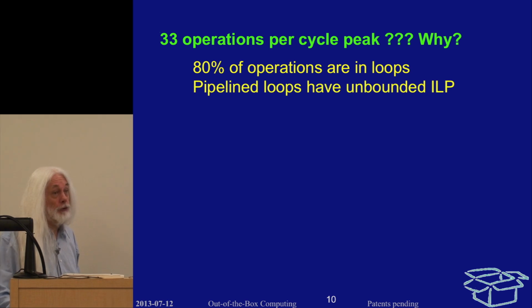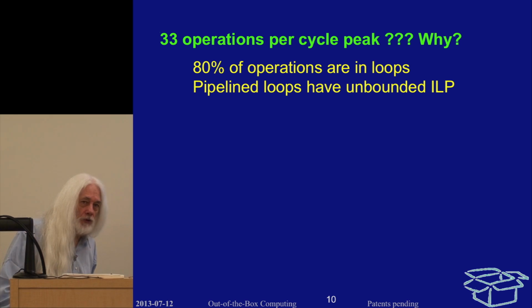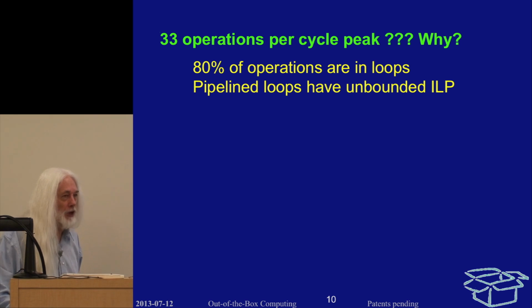The DSP code, all those loops are software pipelined, and software pipelines have unbounded ILP. This is instruction level parallelism. This is the potential parallelism. It's not the realized parallelism, which is IPC, instructions per cycle, which depends on how many adders you have. No matter what your potential parallelism, you cannot do more adds than you have adders. So it has unbounded ILP, and if we throw more adders at it, well, we can make use of that